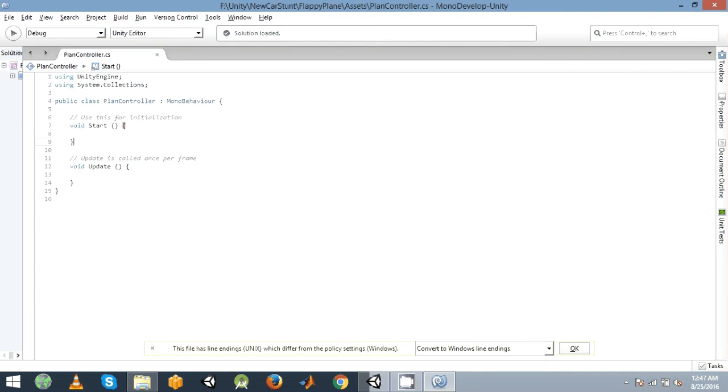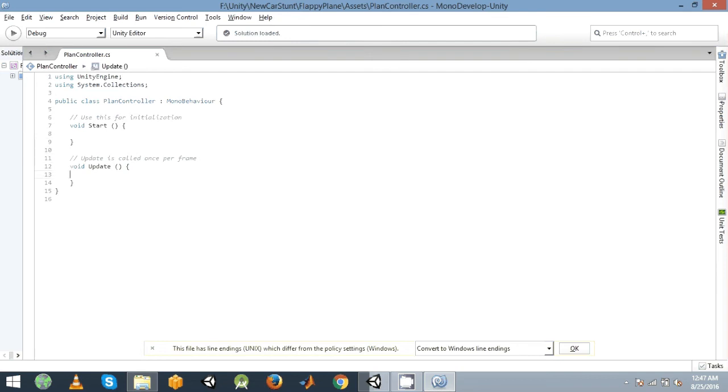And Update is a method that is called continuously throughout the game time. This method is called according to the frame rate. For example, if your game has 30 frames per second, then the Update method will be called 30 times in 1 second. So all the input kind of code is written in the Update method.